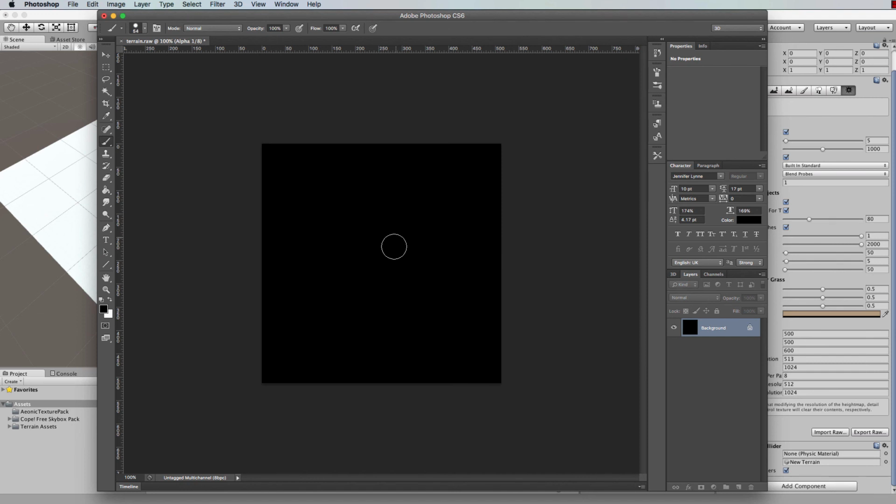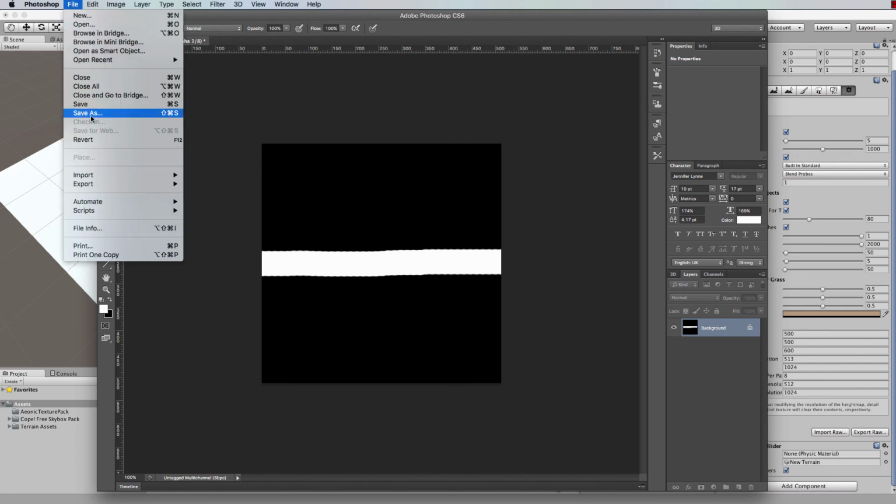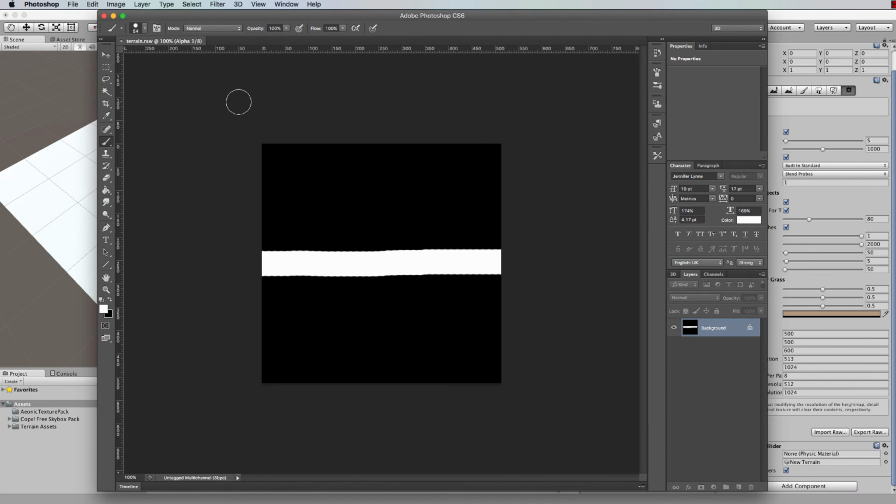So if I take this black image and draw, say, a white line across it like this, it would indicate a very sharp edged high mountain, because there's no gradient between the white and the black. So let's just have a look at what that looks like. So if I just save that back to the same file,